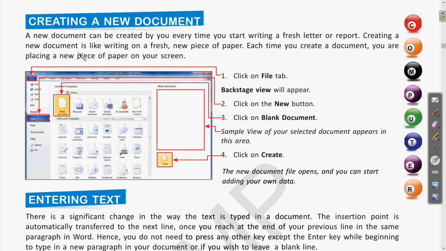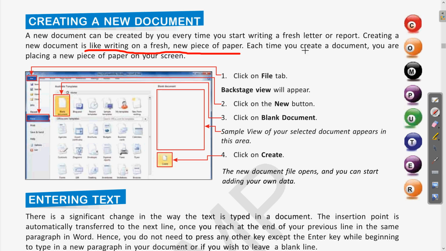Creating a new document is like writing on a fresh new piece of paper. Clear? So as we write something on a new page in a copy, in the same way, if you are creating any new letter, any new document, for that you can choose the new document feature.